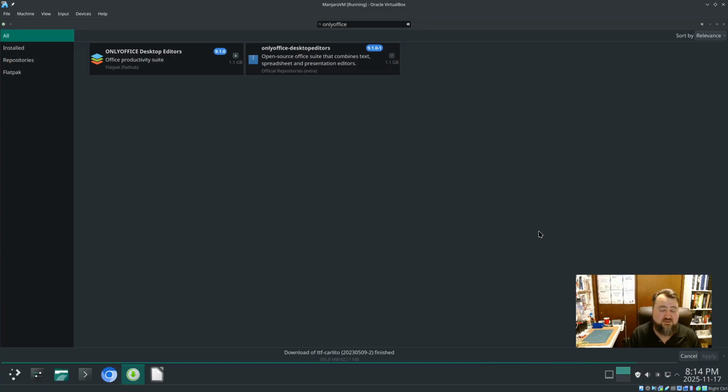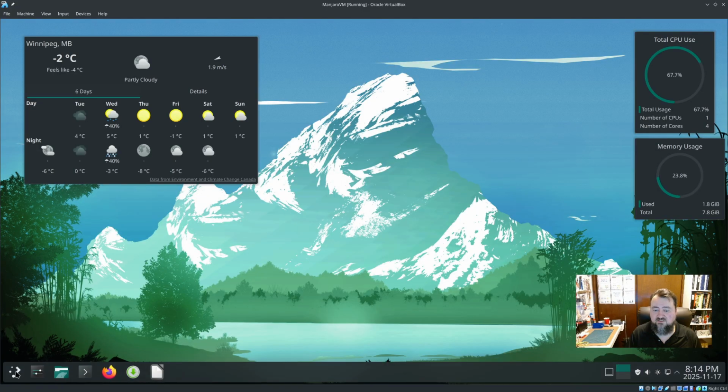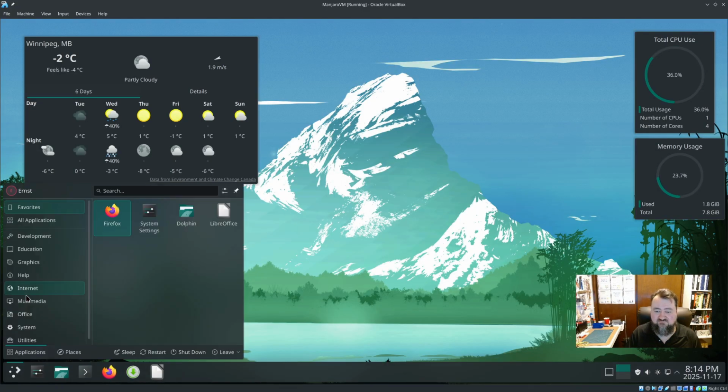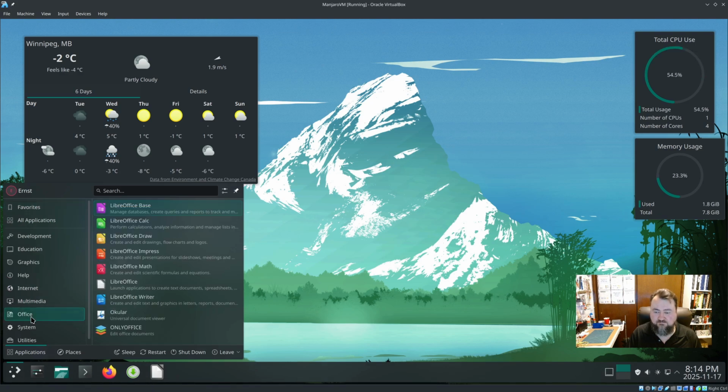It opens Microsoft Word and Excel files seamlessly. It saves them seamlessly. You can seamlessly interact with your colleagues at work or other people, your friends at home who are sending you documents and stuff. You'll never know that you're using anything different other than you didn't have to pay for it and you didn't have to steal it. Okay, so that's installed. So let's take a look at quickly what that looks like. So if I go to Office, there's my OnlyOffice. If I click that,